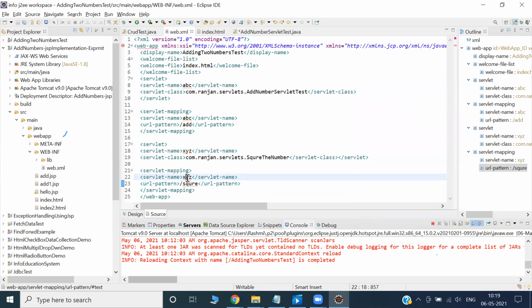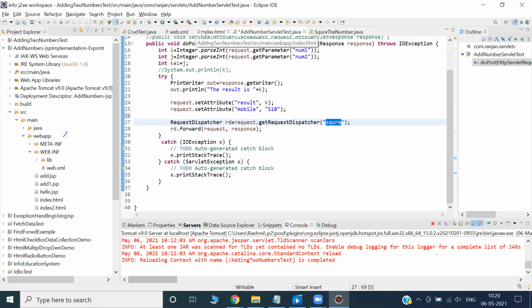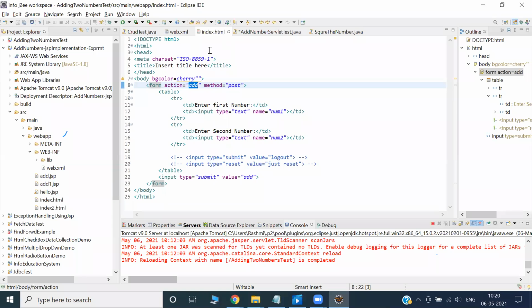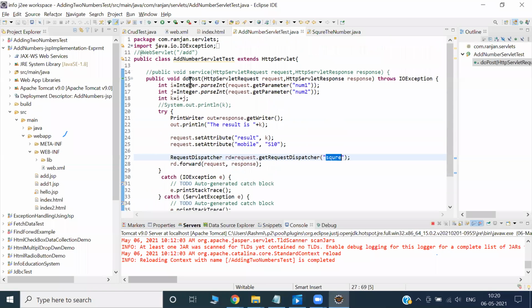What is the name? XYZ. Is there an XYZ servlet? Yes. Then what is the name related to XYZ? This is our destination servlet. Can I click directly? Control click. It will take me there. So this is our destination. Do you remember we are at the post method, because the post method was decided from here and it was redirected to add number. Let me save this one. And this method is the post method. Definitely, if it is sending to another servlet, it will go to the other servlet's post method.